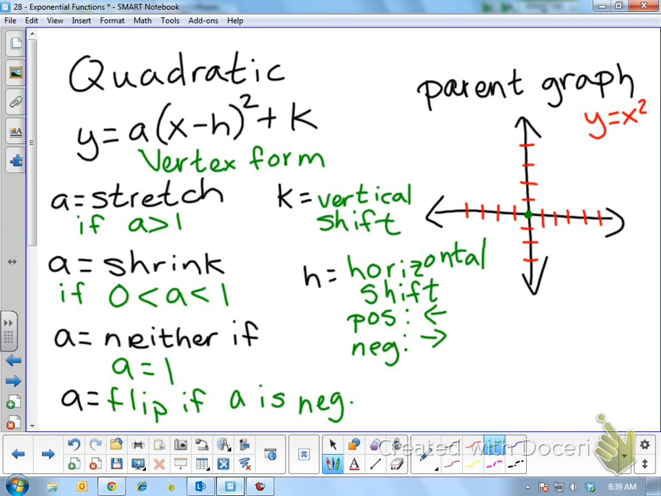If I plug in 1 for x, it's telling me to do 1 squared, so what would y be? 1. 1 squared is 1. So if I go right 1, it tells me to go up 1. Same thing if I plugged in negative 1. Negative 1 goes up 1. What would happen if I plugged in 2? Goes up 4. So to make it similar to a line, we put it in kind of a slope format